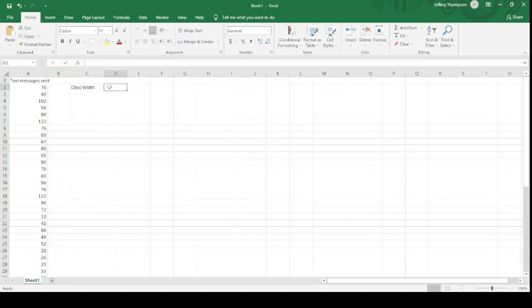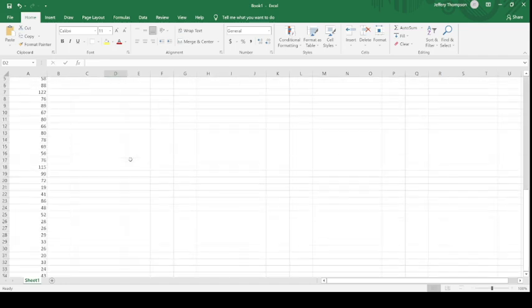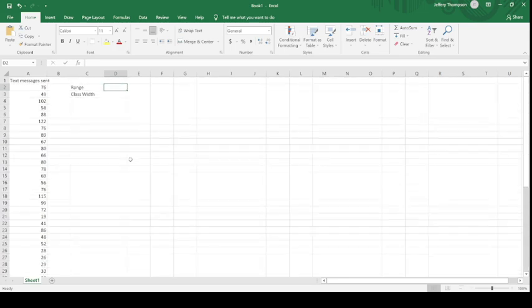And so we're going to create a formula for this. Let's create the formula in pieces. We'll do the range and the class width. The range is the max value minus the minimum value. I have 50 pieces of data, 50 text messages, and so my range is going to be